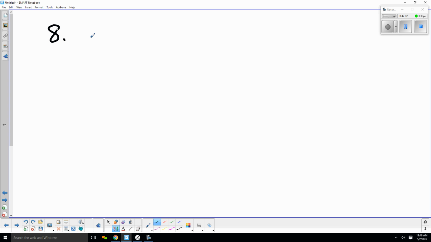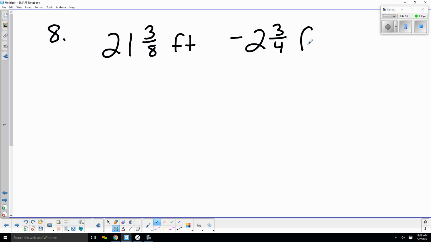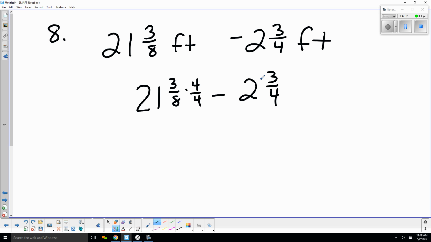Number 8. The length of rope is 21 3/8 feet long. James cut a piece that was 2 3/4 feet long, and they want to know how much rope is left. Well, when I look here, I need to get a common denominator, so I'm going to write it again with no feet in there. For me to get a common denominator, I'm going to take this fraction and multiply by the opposite denominator, so that's 4. I'm going to take this fraction and multiply it by the opposite denominator, which is 8. So now I get a common denominator